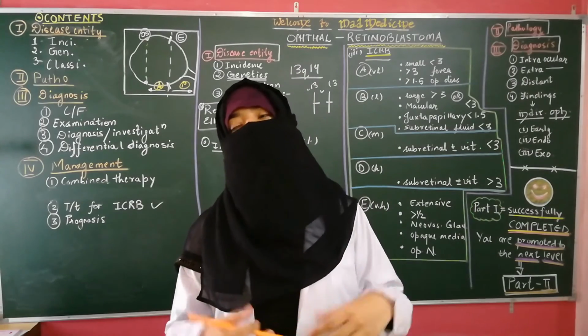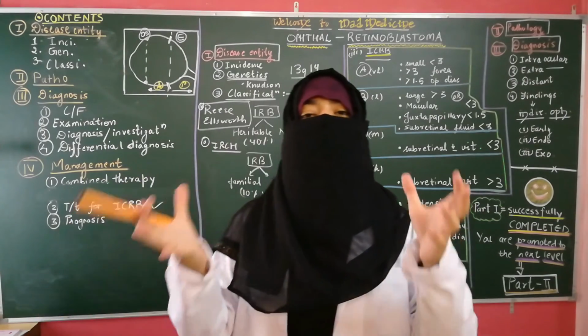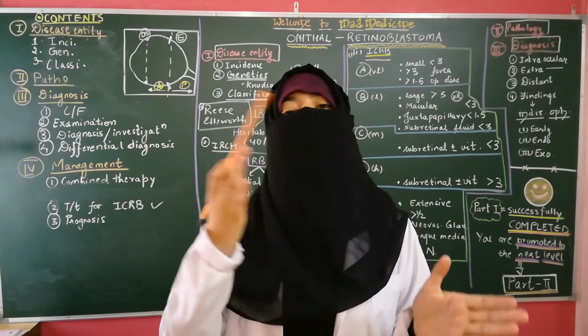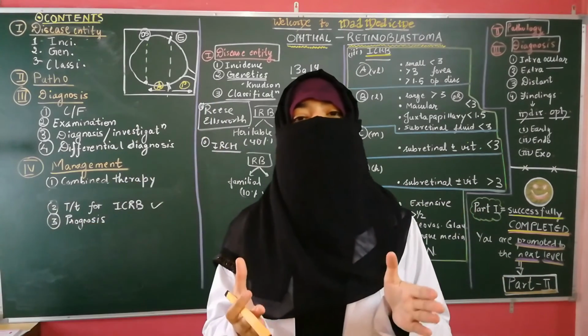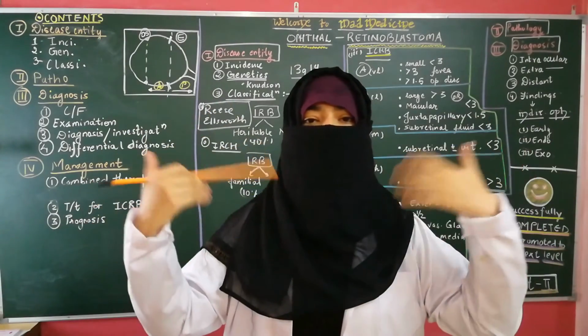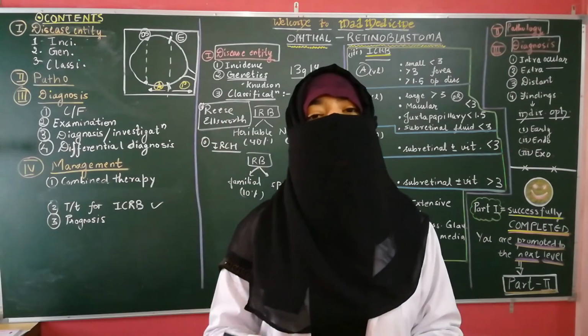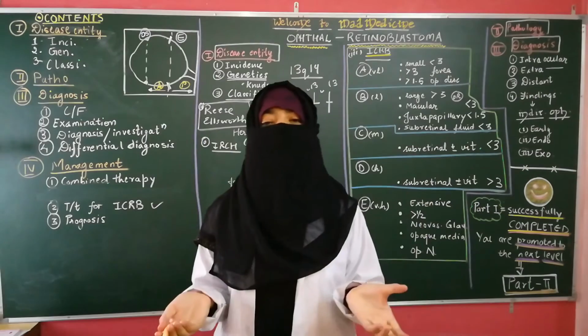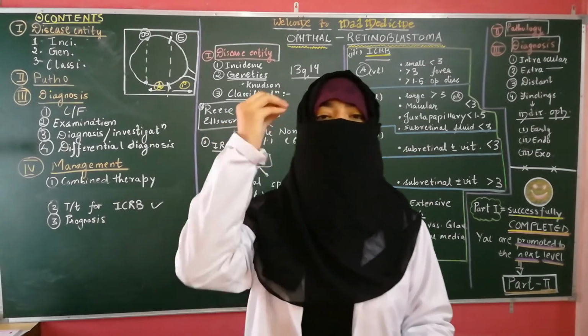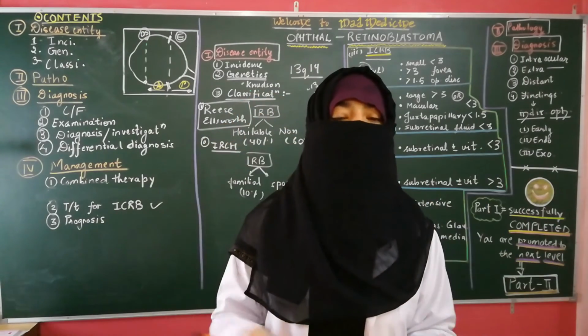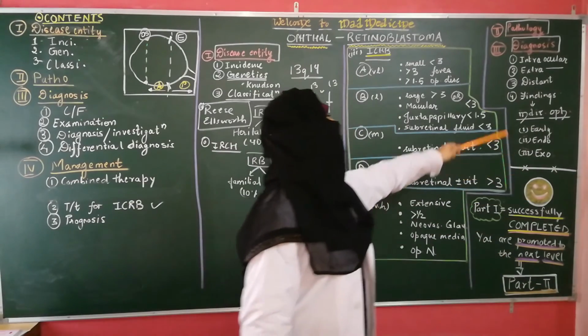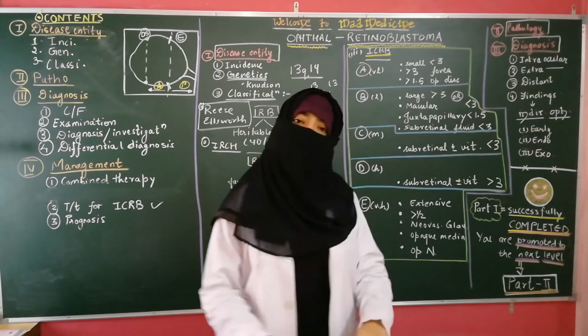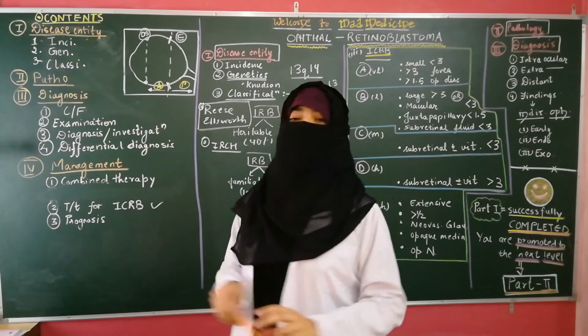And how does it spread? The tumor can spread by direct invasion or through lymphatics. So direct invasion, it will spread directly into the eyeball anteriorly, or posteriorly it will cause invasion of the optic nerve and the brain, and through the lymphatics it will go into the preauricular lymph nodes, and then it will also cause distant metastasis. Okay, so that was the clinical features part of it also.